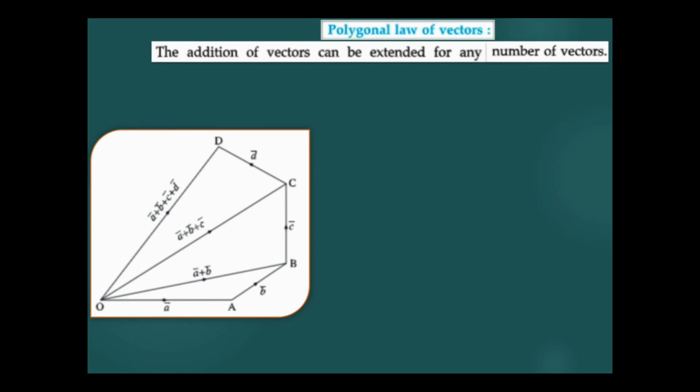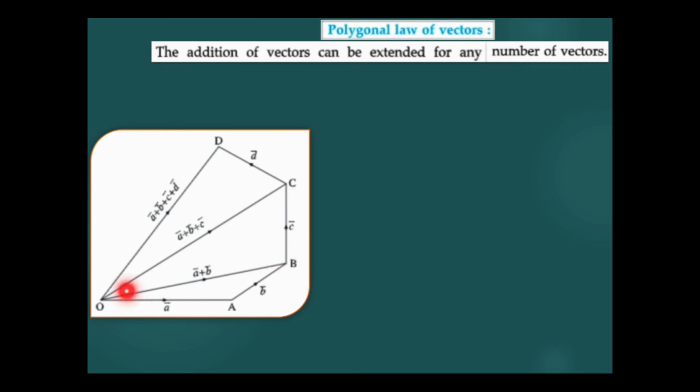So next is the polygonal law of vectors. The addition of vectors can be extended for any number of vectors. So see the diagram. Here we consider OA, OB, OC, OD. So we represent this OA by A bar, this AB by B bar, this BC by C bar, and this CD by D bar. So if we have to find the value of this OD, so we use the vector OA,